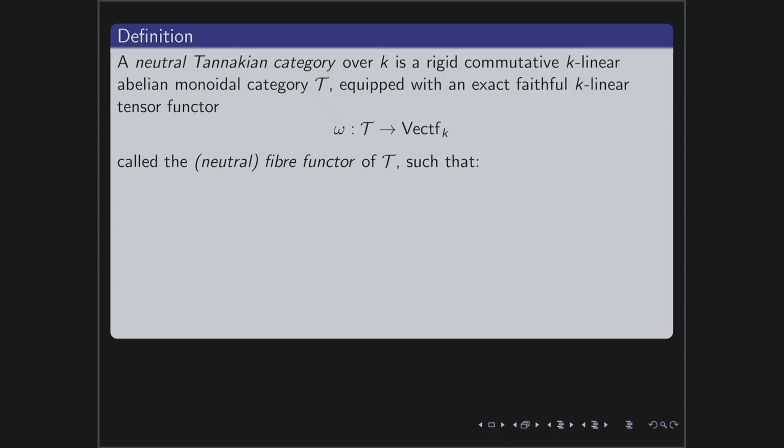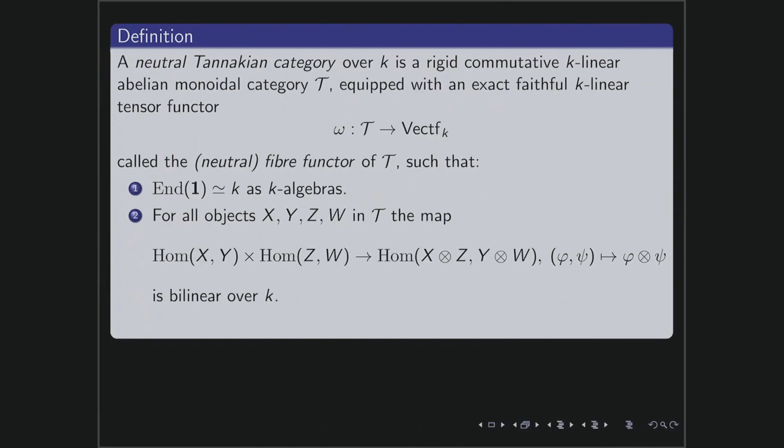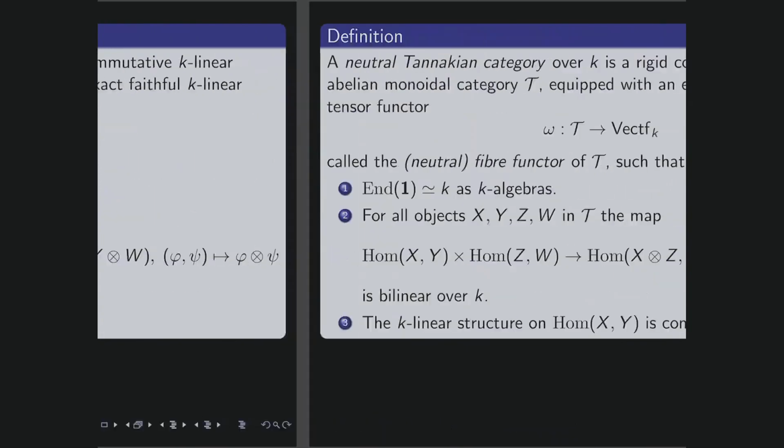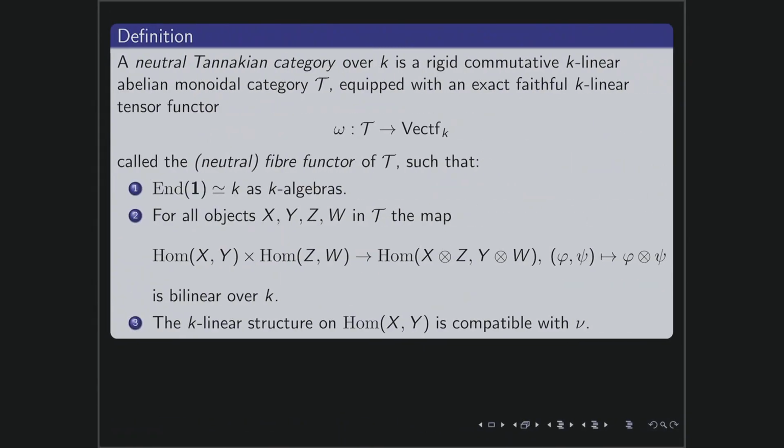And a neutral Tannakian category also has some extra assumptions, for example, that the endomorphisms of the unit are trivial, and also that the composition or tensoring is bilinear, and that the structure is all compatible with each other. So the main theorem that I've proven in my thesis is the following, and then I'm done,